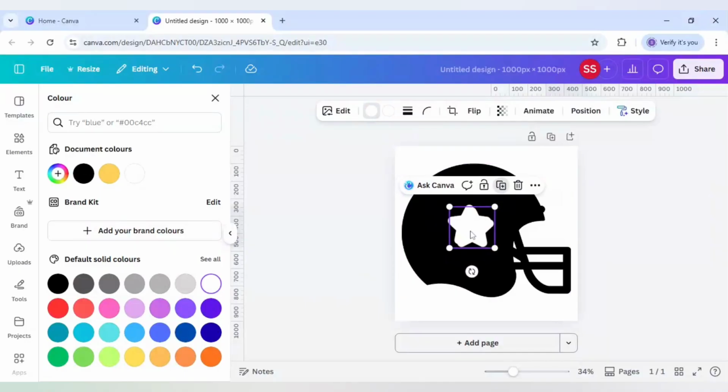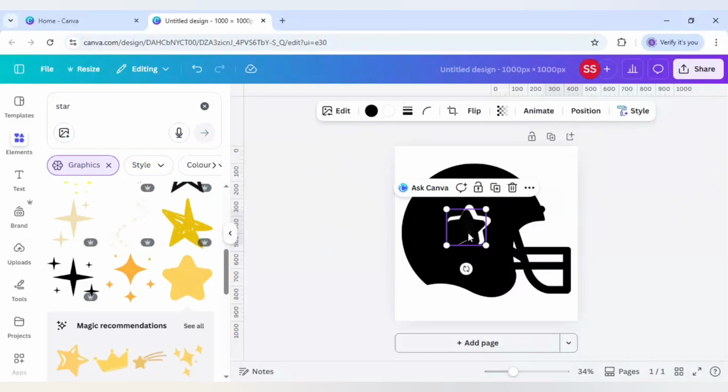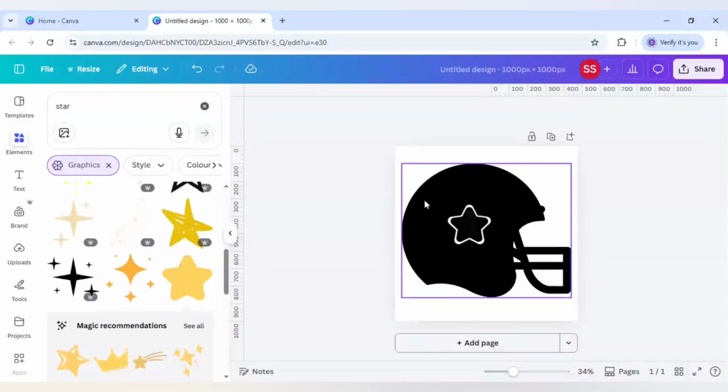Okay, and after that I will duplicate it, place it in the same position, and after that just make it smaller, and this time change it to black color. Okay, and after that I will just place it here. So as you can see, a star with a stroke style is created here,